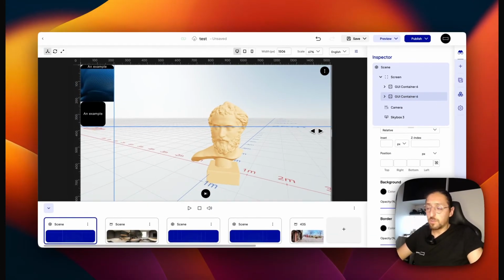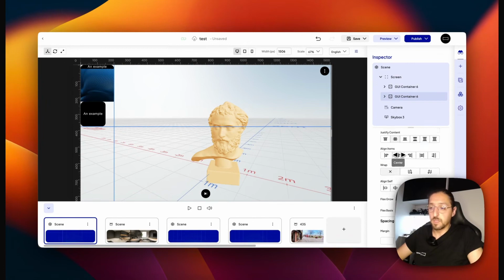So yeah, this is the basic tutorial about GUIs. We will have more advanced tutorials about GUIs because it's really flexible, and I hope you understood it, and see you on